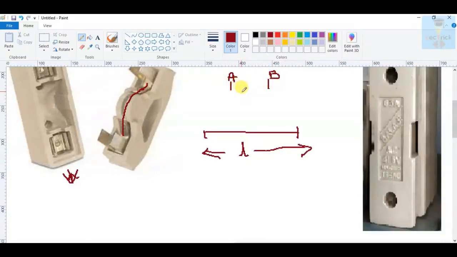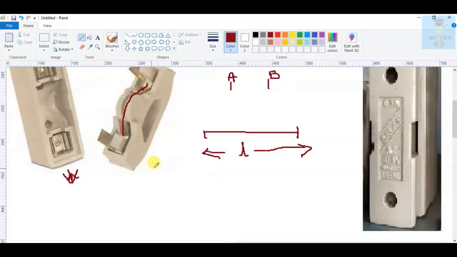So when the voltage level goes from 230 or 400 volts to the kilovolt range, or becomes higher, you need to increase the length. That means the size of your KitKat fuse should also be larger. And when you want to increase the current carrying capacity, you need to increase the size of this wire, or you can double twist the wire. This is also a very important thing.